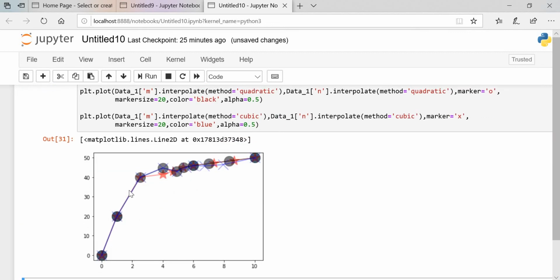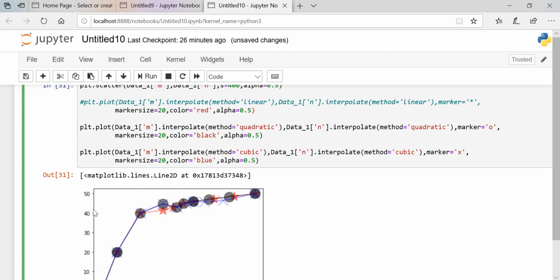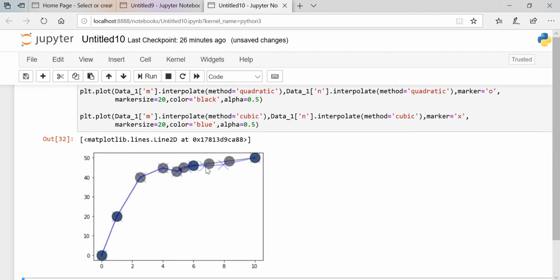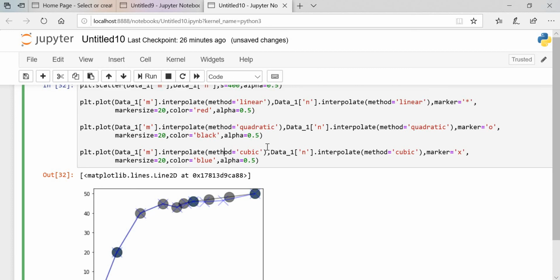You can see over here now we got the graph, but up till this point it is the same. No, sorry, till this point it is the same as the quadratic. You can see over here that I will comment out this one. Near about same, but this looks different. And the blue line, this cubic, is going below the quadratic, right? So this is the difference, not much of a difference, but this is a difference between each of the methods, right?